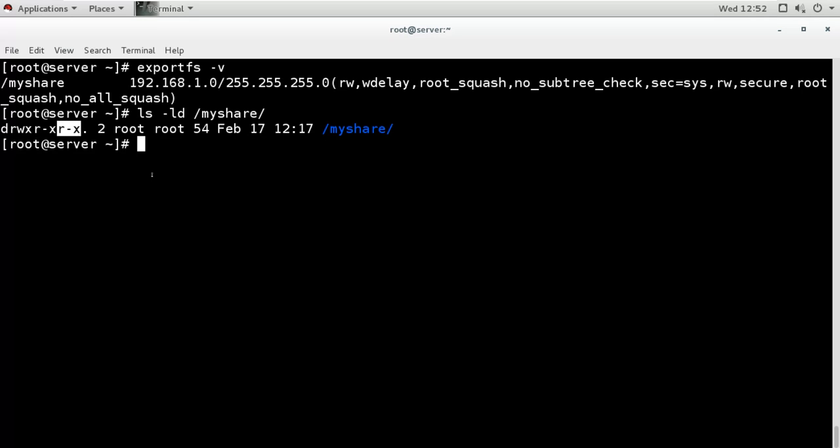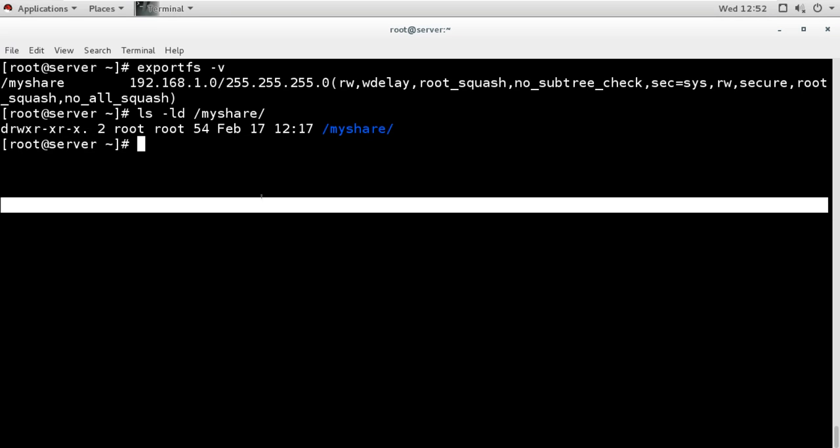So the other machine's root user will be considered as nfsnobody, that means it is anonymous, and anonymous users will get only the others permission. And right now, what are the others permissions? Only read and execute, and that is why the root user from that other machine is not able to write anything.